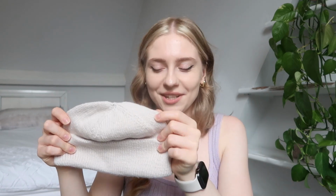Another almost finished object that I have is my Oslo hat by Petite Knit. This is actually the Oslo hat mohair edition, so I knitted it on 3mm needles just because I think Knits mentioned that this pattern has slightly more options for sizing, and I just wanted more sizes, so I went for this hat. I think it fits me relatively well-ish. Yeah, as you can see, the width is quite good, but I knitted the crown a bit too short, so I will have to rip it out, and that's why it's a almost finished